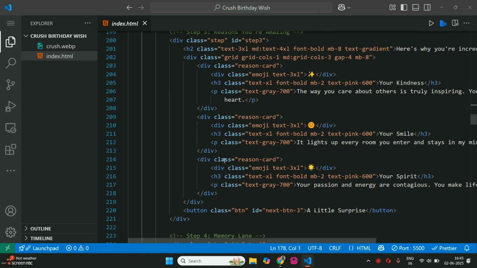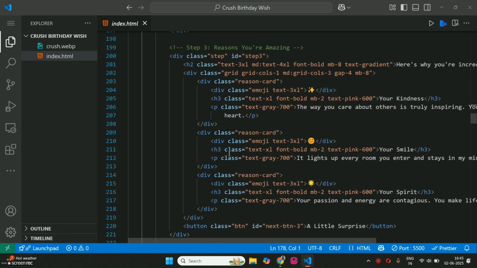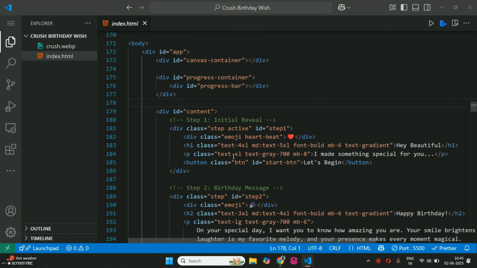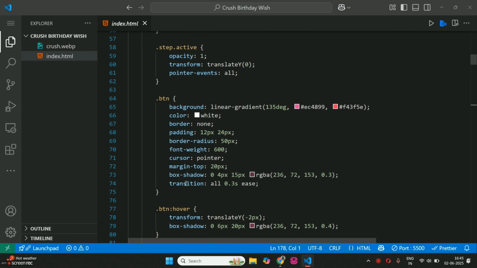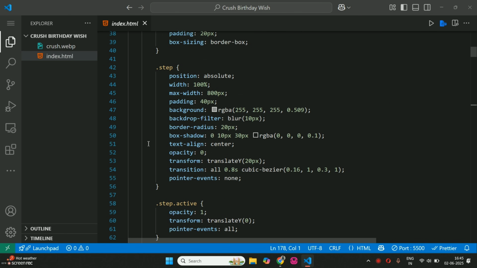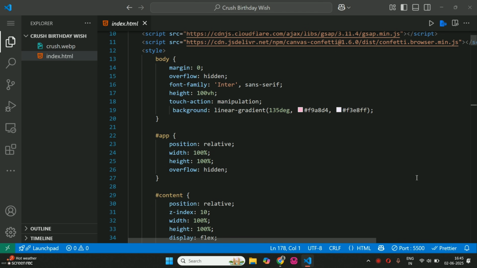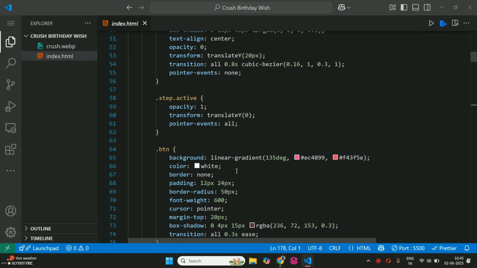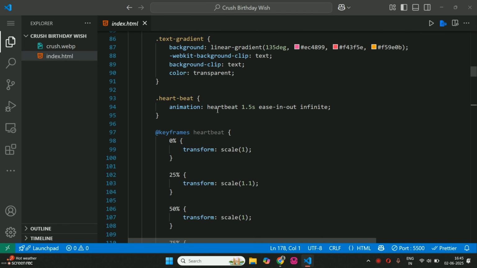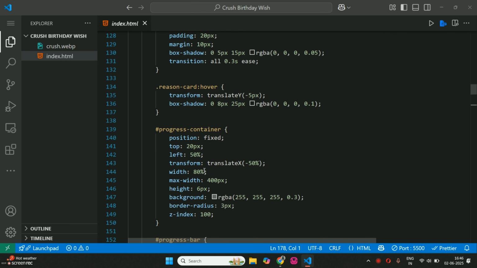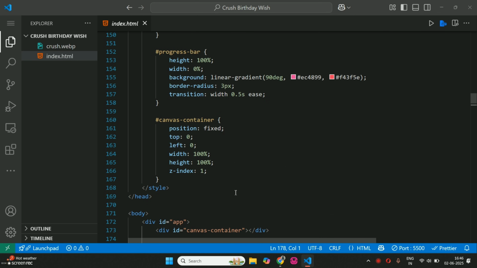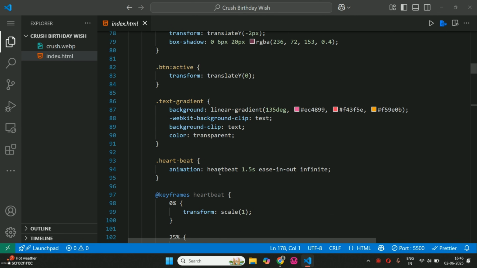We use Tailwind CSS to bring elegance: glass morphism cards, gradient text, shadowed buttons, all crafted with care. CSS handles the heartbeat effect for the heart icon, smooth transitions, and the confetti at the end. The magic in the background, it's all thanks to